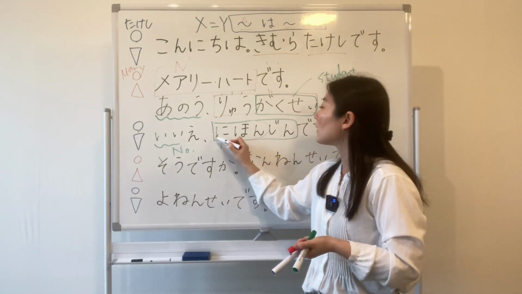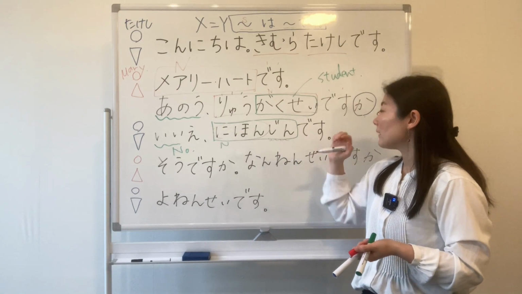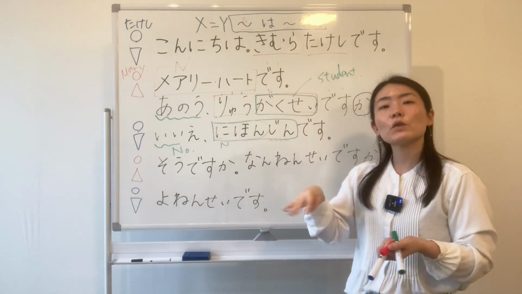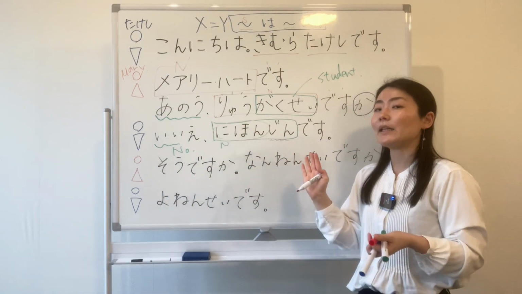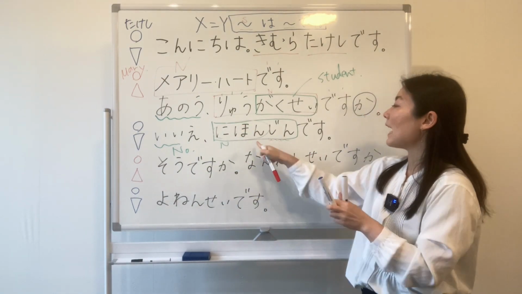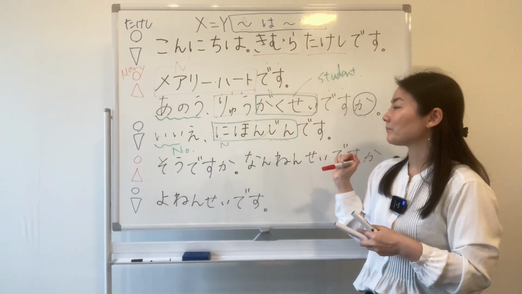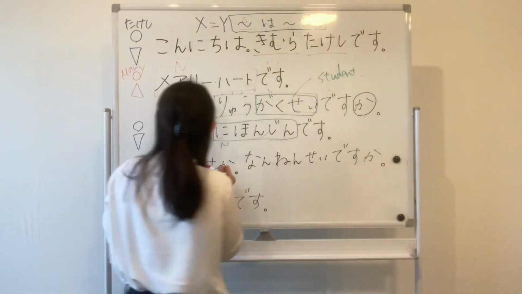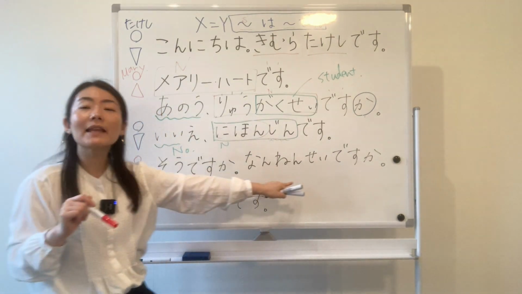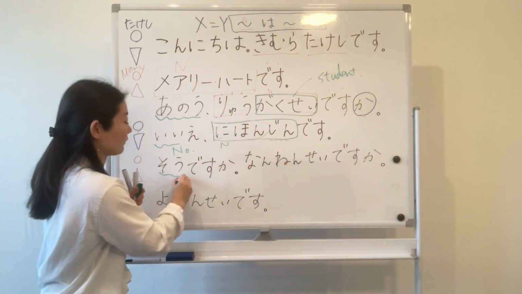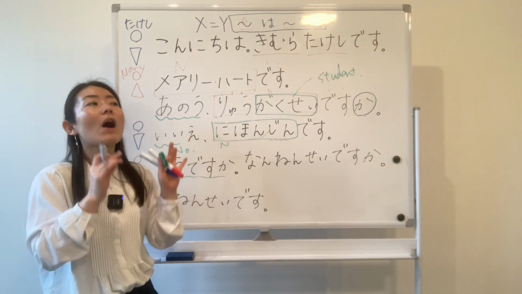So, 日本 is Japan and 人 shows people. So, 日本人 means Japanese. Then, this is noun plus です。